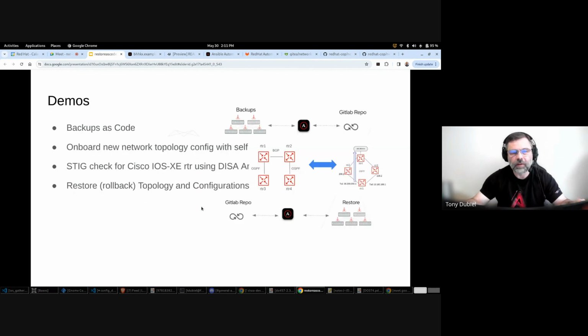This is what I have. I don't have a whole lot of things for us to go through, but just a couple of examples that hopefully articulate how we can use Ansible to accomplish some of these things. So